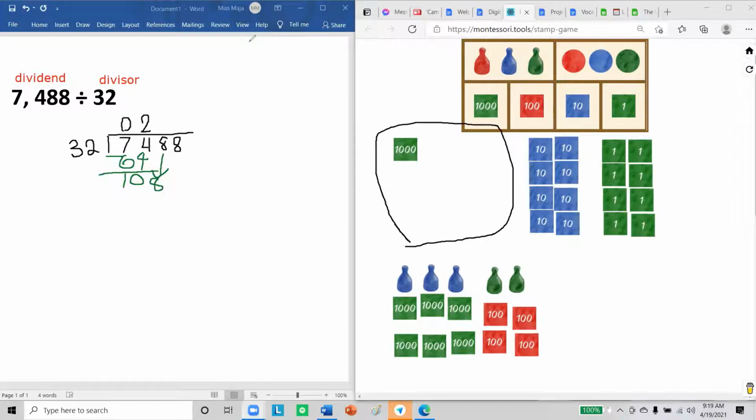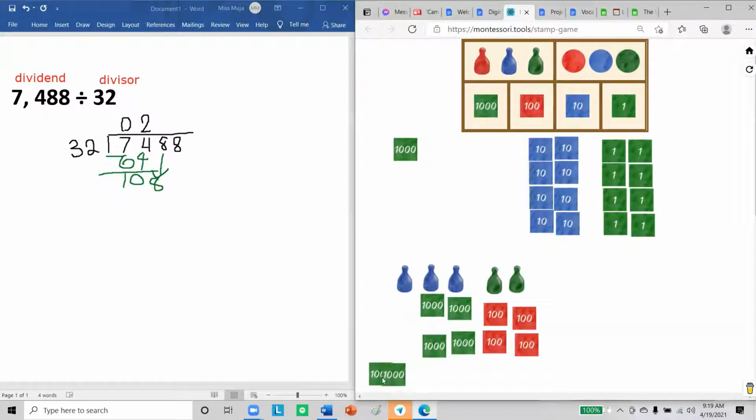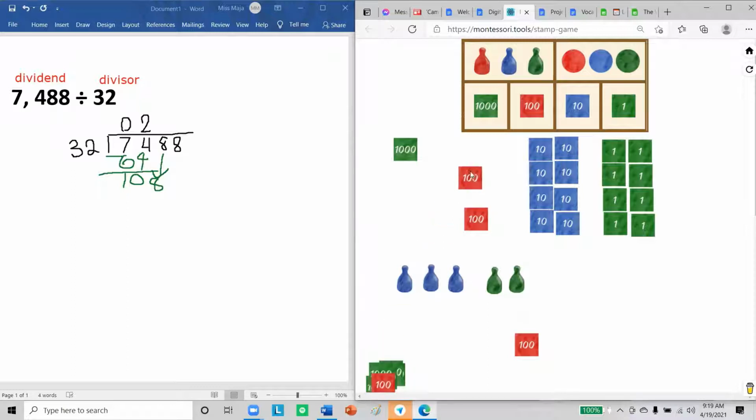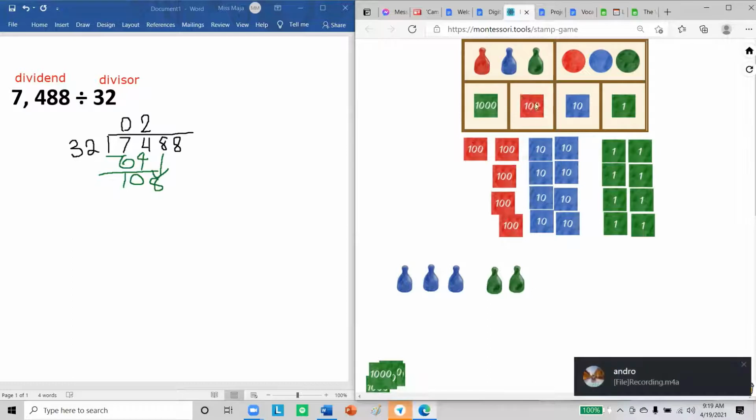In our material, of course, we're going to exchange that 1,000 to the hundreds so that we could share it. So 1,000 is equal to how many hundreds? 1,000 is 10 hundreds. So we're going to exchange that for 10 hundreds. So let me use the previous tiles. So now you're exchanging, you're now dividing